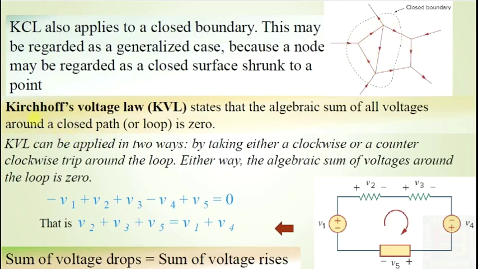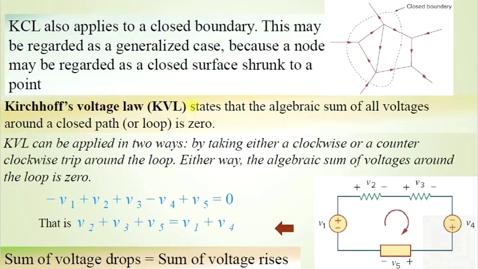If you consider Kirchhoff's voltage law, first is Kirchhoff's current law, and the second one is Kirchhoff's voltage law. Kirchhoff's voltage law states that the algebraic sum of all voltages around a closed path or loop is 0. That means if you consider, say, for example, this closed loop,